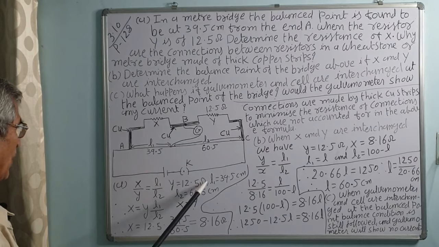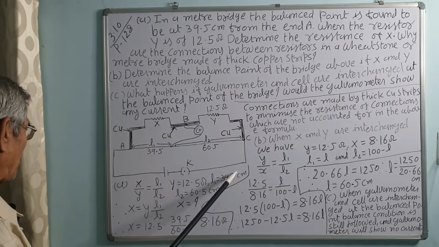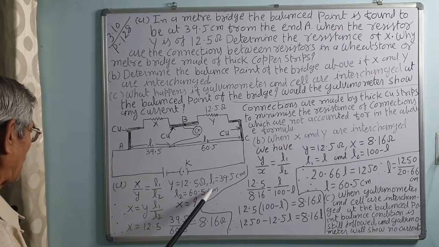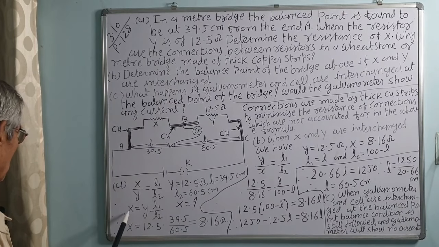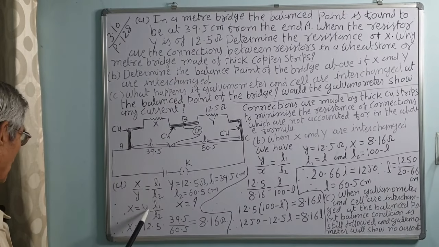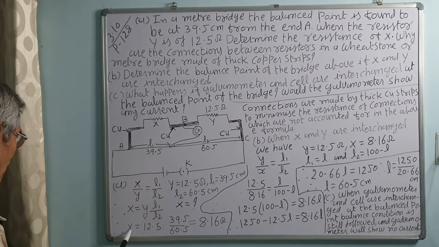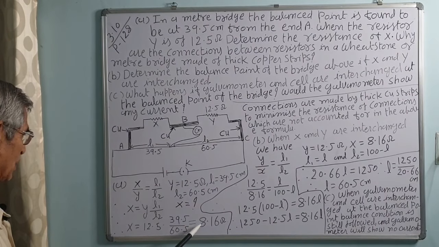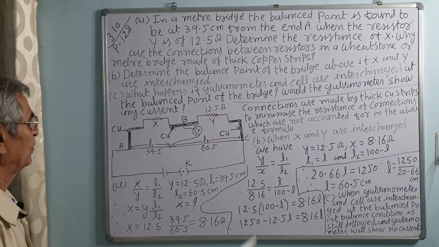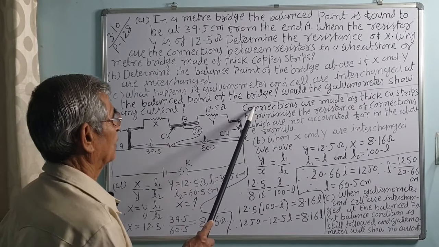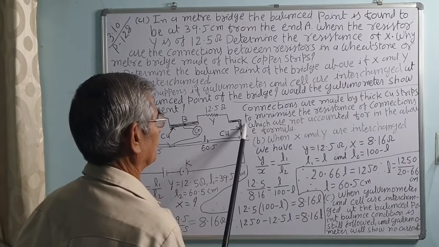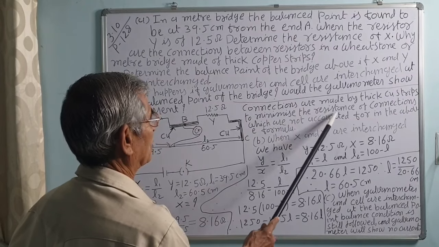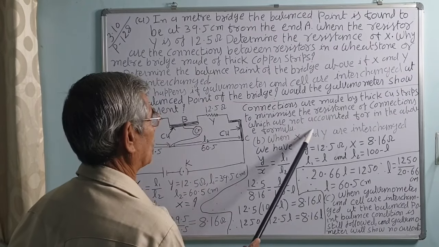Y is 12.5 ohms, L1 is 39.5 centimeter, L2 is 60.5 centimeter. What is X? X is equal to, take Y on this side, Y into L1 upon L2. Therefore, X is equal to 12.5 into 39.5 upon 60.5, that is equal to 8.16 ohm. Correct? Connections are made by thick copper strip to minimize the resistance of the connection, which is not accounted for